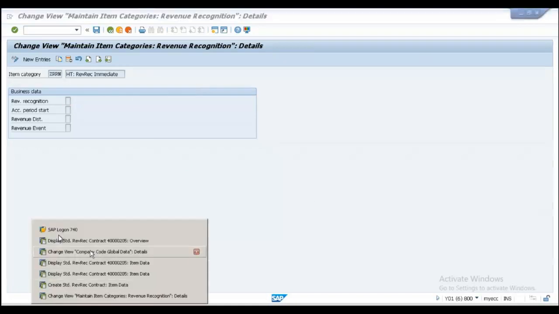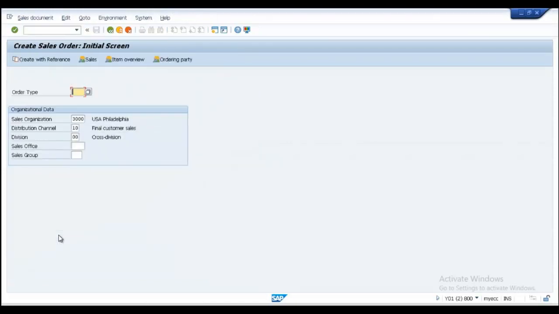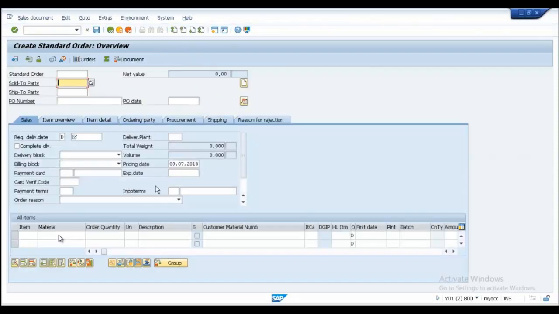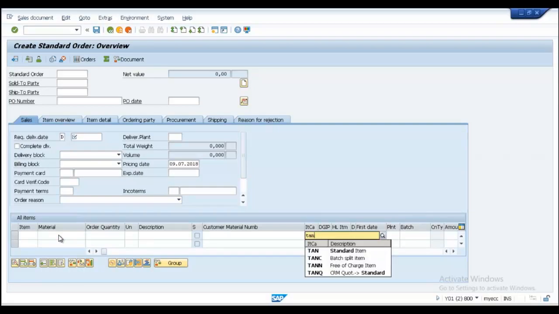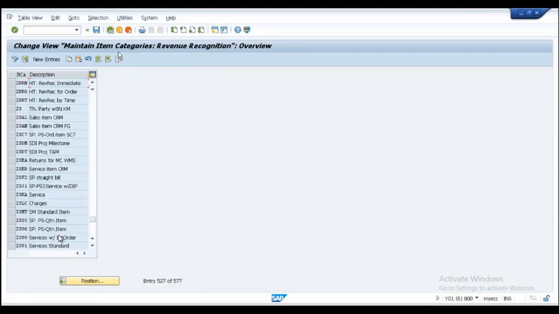Okay, so let's do this. If I go for VA01, which is to create a sales order, and specify order type OR, and then if I specify some material here, some customer here, by default the standard item category which is provided by SAP is TAN, which is for standard item. And if I show you what is maintained for TAN in this configuration,